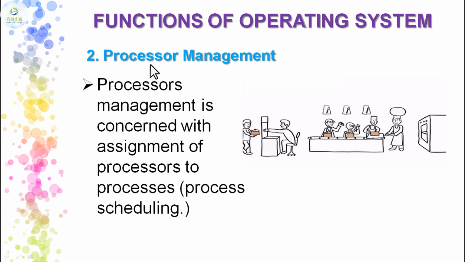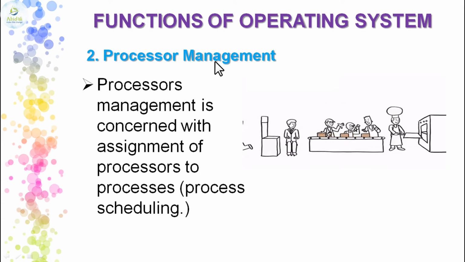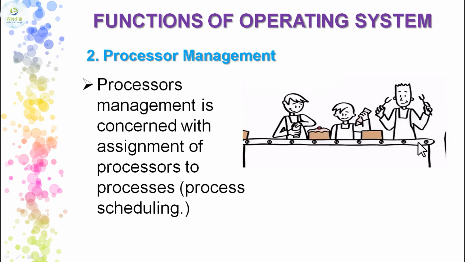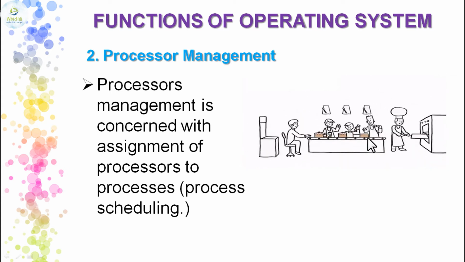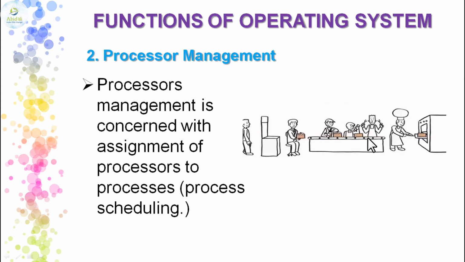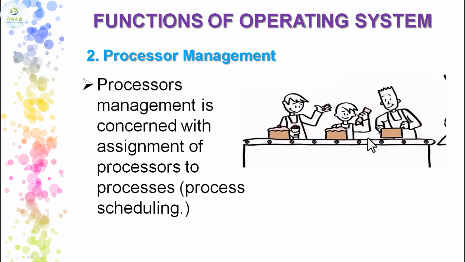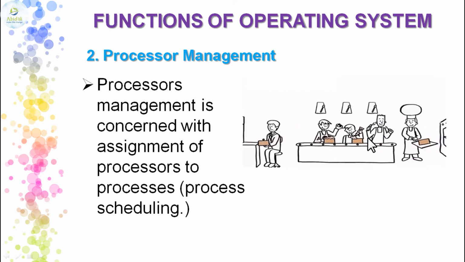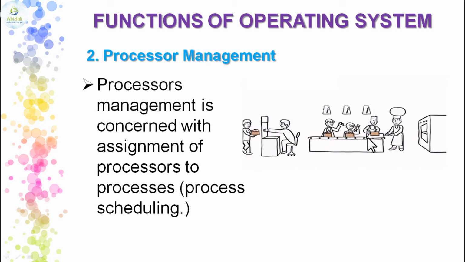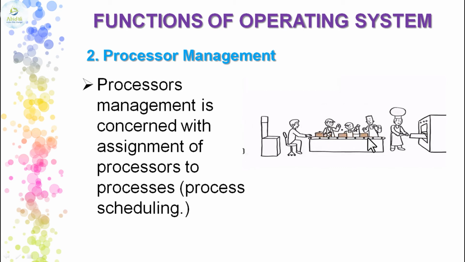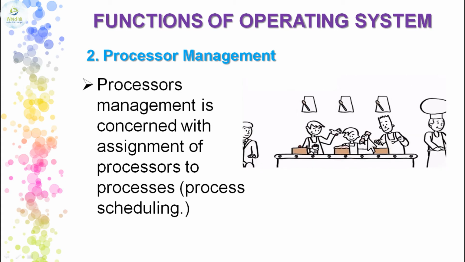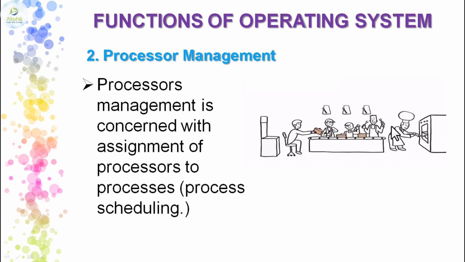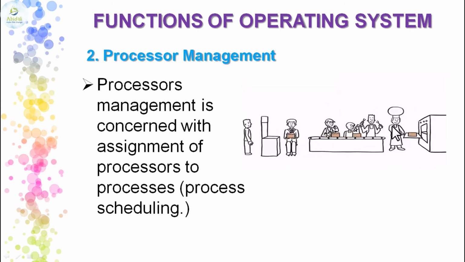The next thing is the processor management. Okay, see the diagram. So everything has some specific job over here. Everybody is managing. So if one fails, the entire process taking place over here will fail. Okay, so everybody has a certain job. One is the person who is putting the strawberries on the cake, another is doing the parcel, another one is baking, another one is cutting, and another one is putting the cream on the cakes. So all these are processes that are going in sequence in some order.